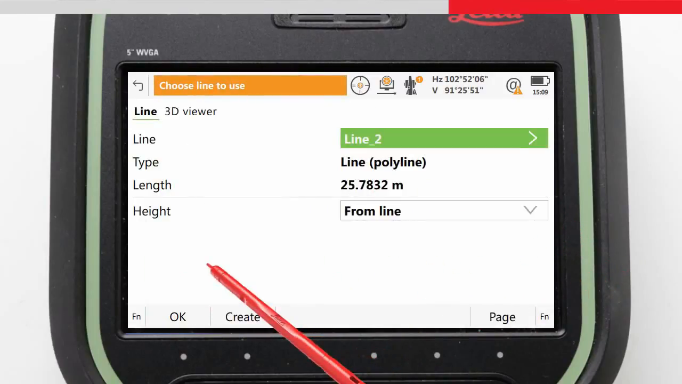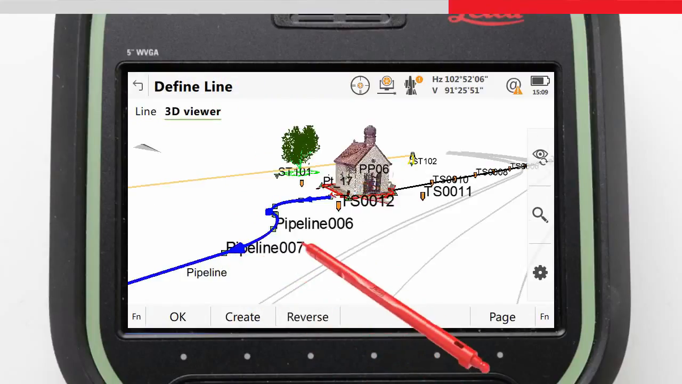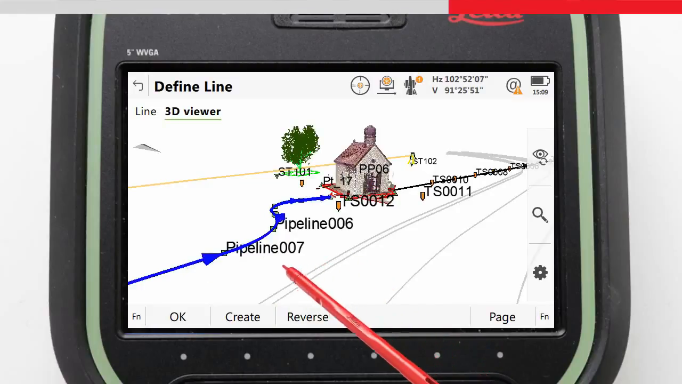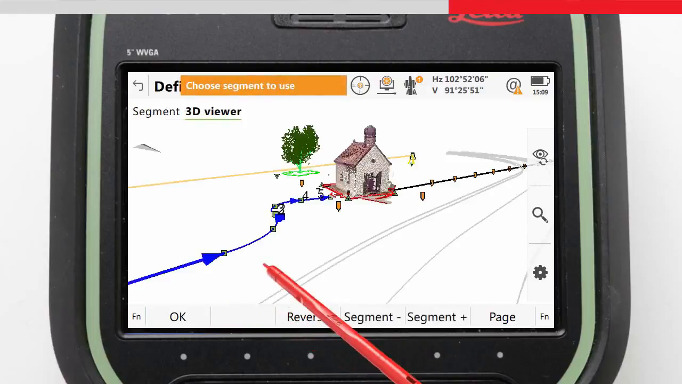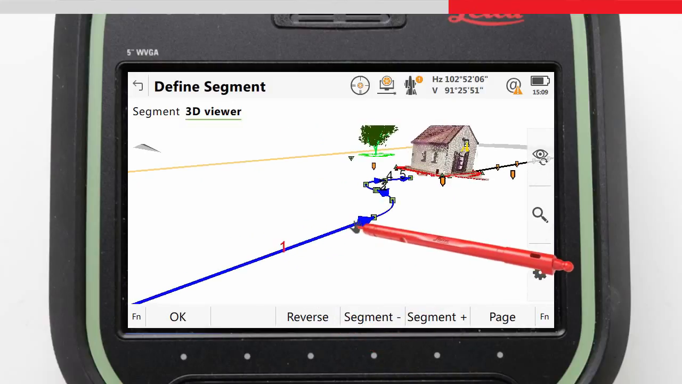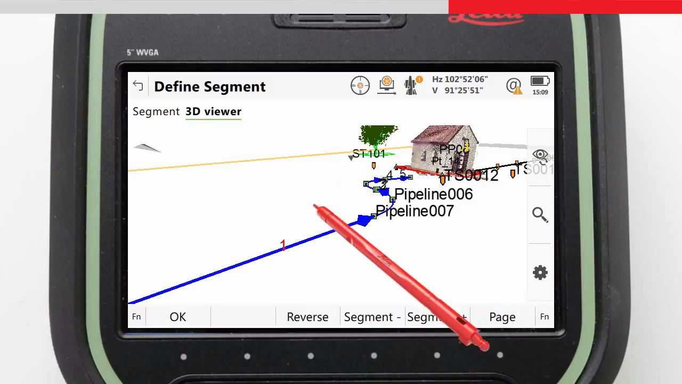We choose the line that contains the segment in the 3D viewer, but then realize that the line direction is wrong, so we press Reverse to reverse the line, and then press OK. Now we have the screen where we must choose which segment of the line we want to work with, and have Leica Captivate ignore all other segments during the staking process. Again, this is easier in the 3D viewer, so we just tap on the segment we're interested in, and then